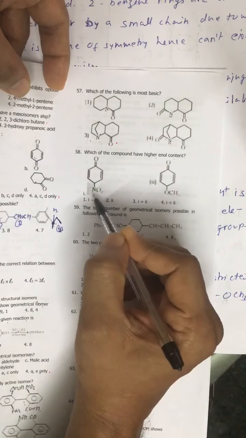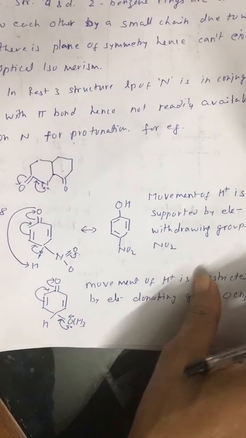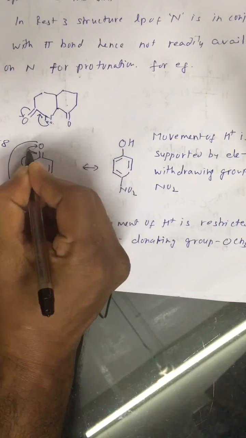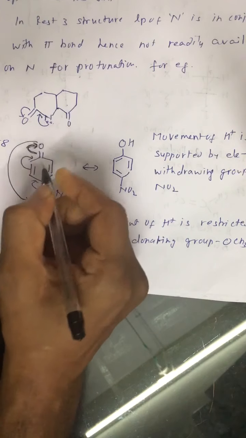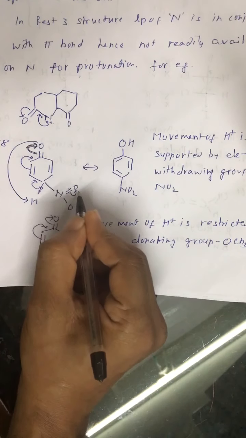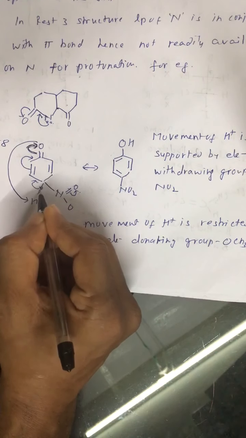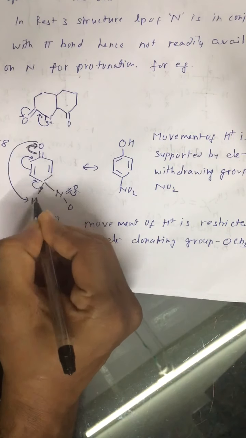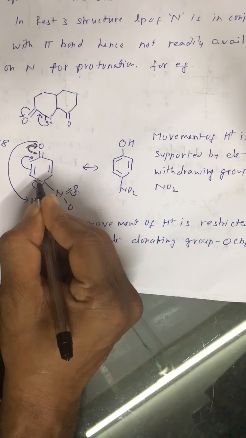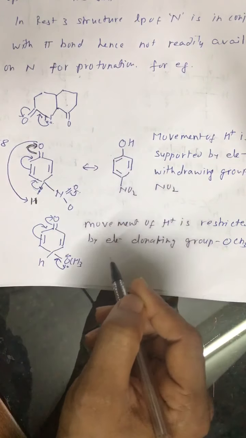We are given this one with NO2 and OCH3. Now look at these two structures. In the first structure, in which we have NO2, this kind of movement is possible, and this NO2 group is an electron withdrawing group. So the movement of this electron pair, that is the CH electron pair, can be shifted to this carbon atom. That means it can be converted to a double bond and para-nitrophenol can exist.